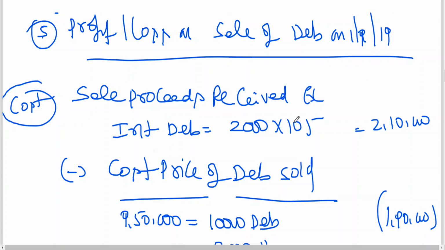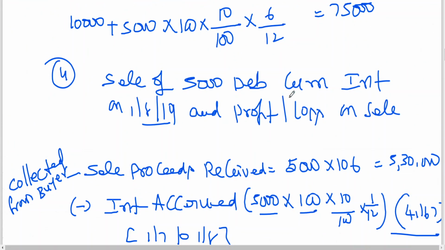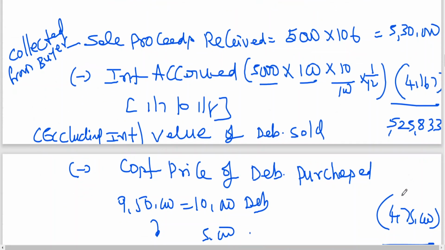In this case, since it is ex interest, I think I got two profits. No, yeah, this is cum interest. Cum interest is included. So value of debentures sold minus cost price of debentures purchased. So the interest part has been eliminated to find out profit because it's revenue in nature. The buyer is not doing any favor by giving 4,167. This 4,167 is collected from the company. So that is why it is not part of my selling price. Selling price shall exclude interest since it is cum interest. So please remember, the interest part, if it is cum interest, is to be deducted.